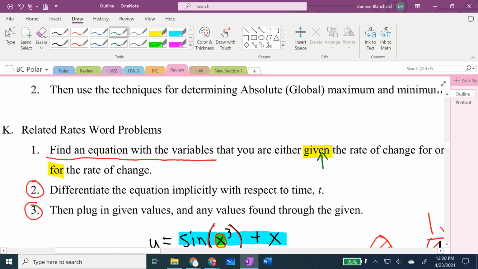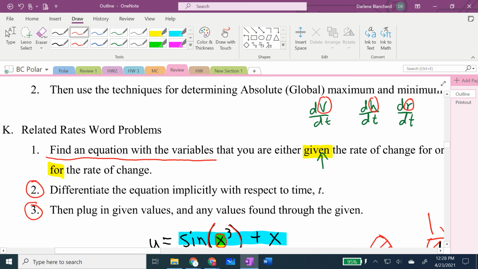You need to figure out, like, what did they give you? Did they give you dv dt? Did they give you dh dt? Did they give you dr dt? Those kinds of things. If v stands for volume and h stands for height and r stands for radius,